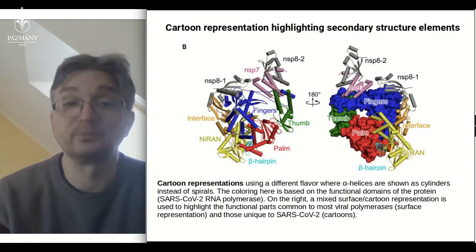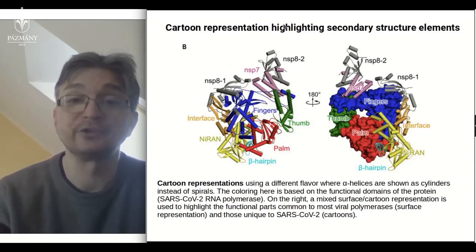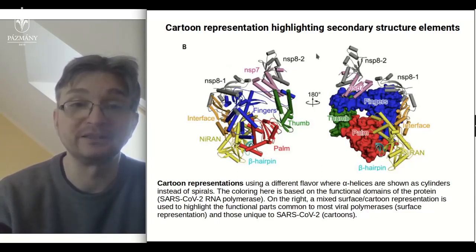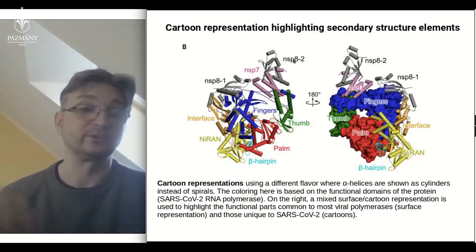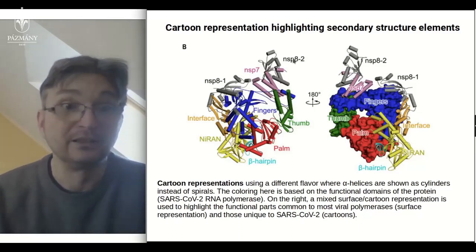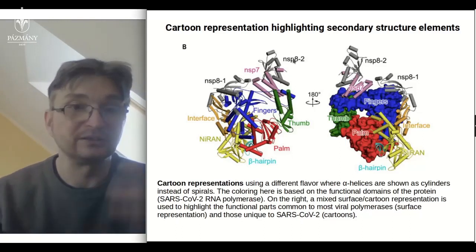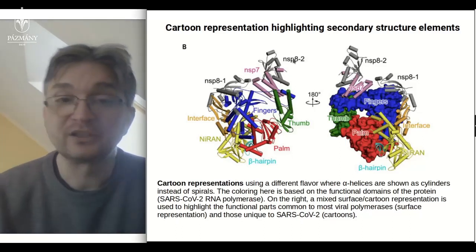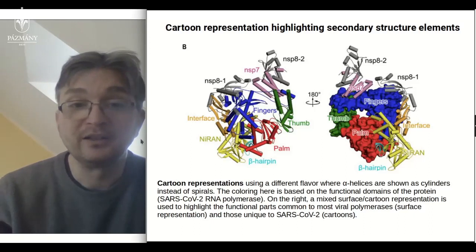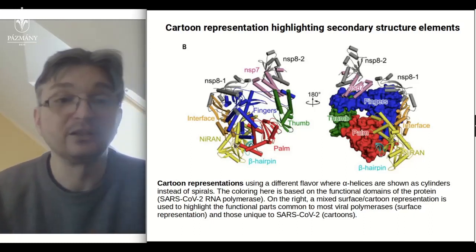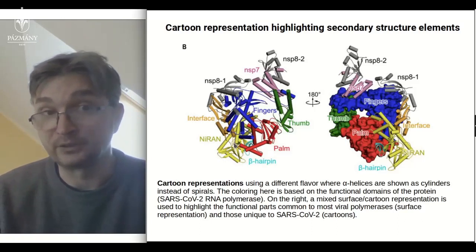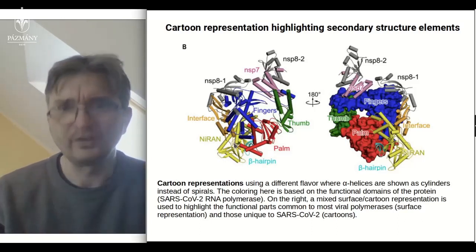This is actually a complex because NSP7 and NSP8, which is present in 2 copies, are also depicted here, but as you can see, there is no RNA in this structure, so this is an RNA-free structure, and this yellow domain is a domain that is specific for the RNA polymerases of the given